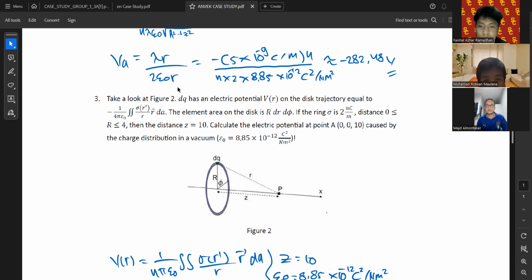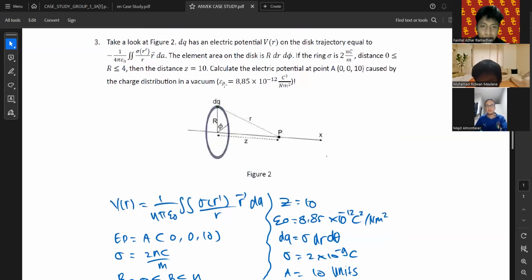If the ring sigma is 2 nanocoulomb per meter squared and r is between 0 and 4, then the distance z equals 10. So we calculate the electric potential at point A (0, 0, 10) caused by the charge distribution in a vacuum. The electric constant is